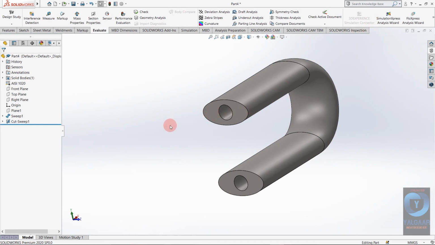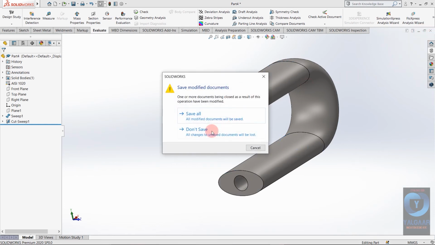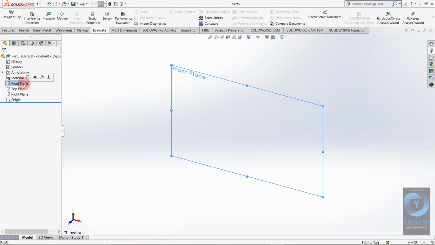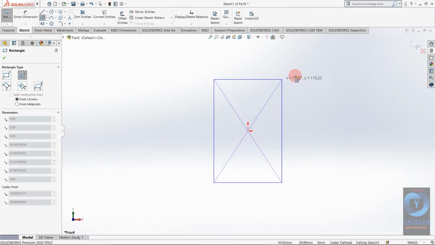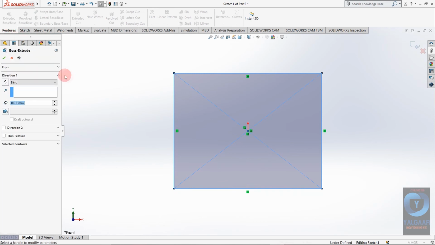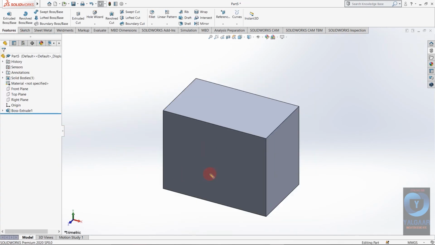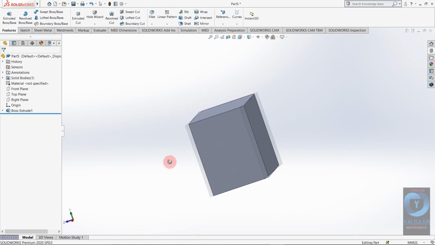Another option is that you can create your own origin for the center of mass. To introduce that, I'm going to sketch a simple cube with random dimensions. So simply I have created a cube.